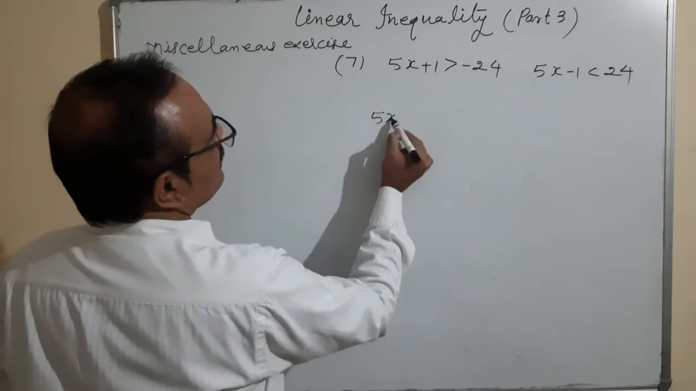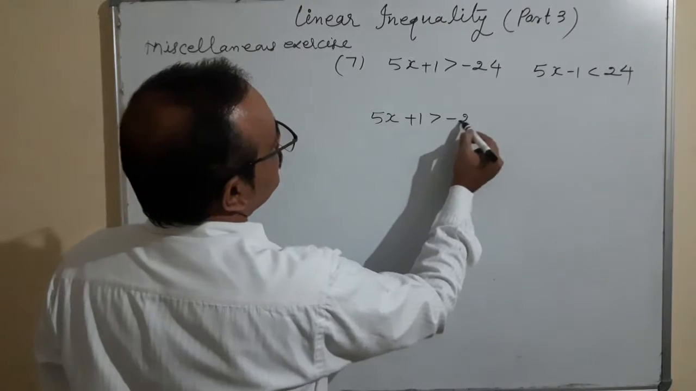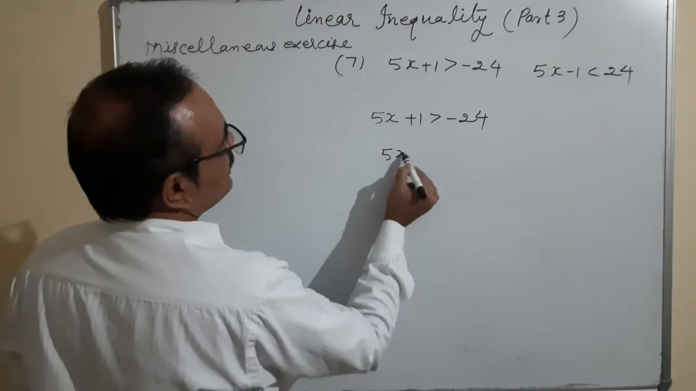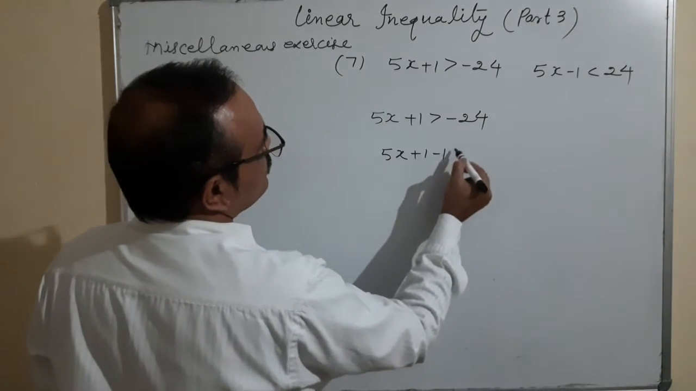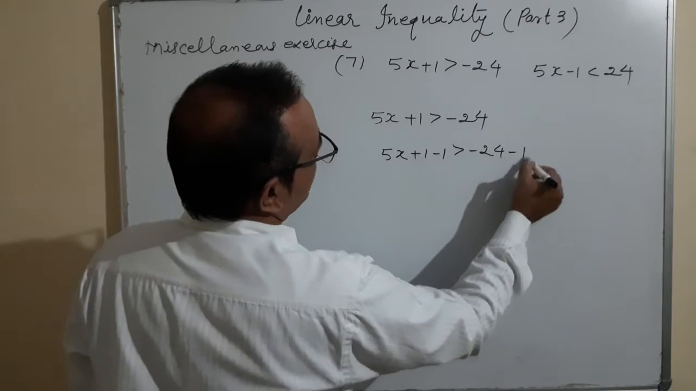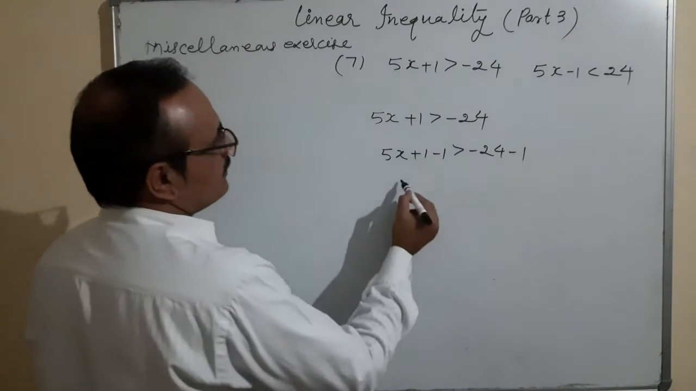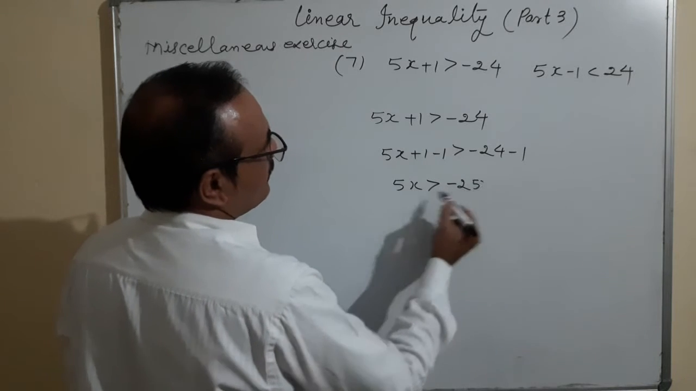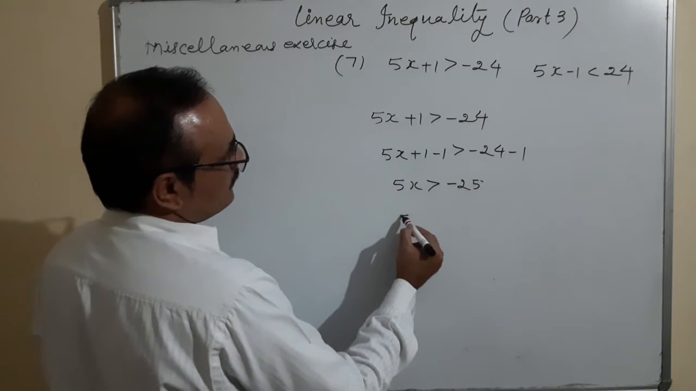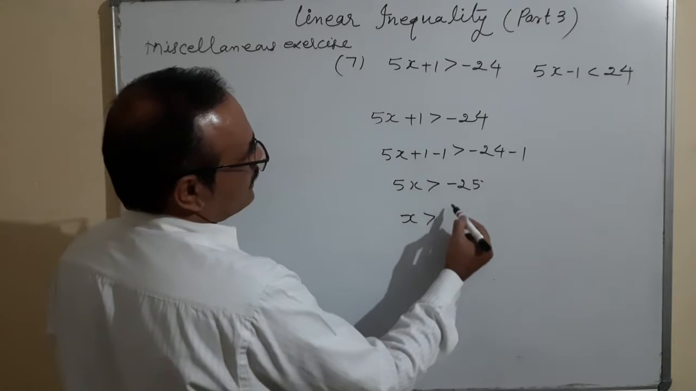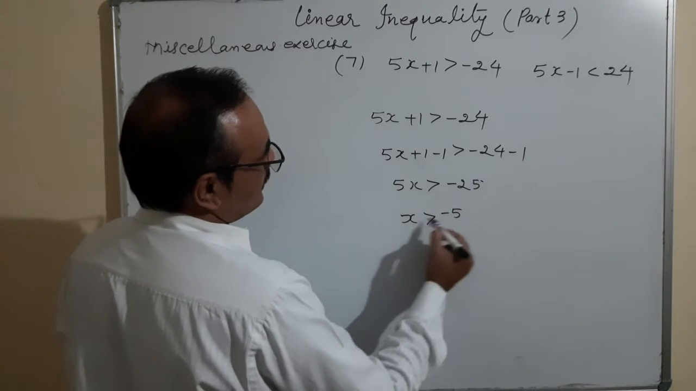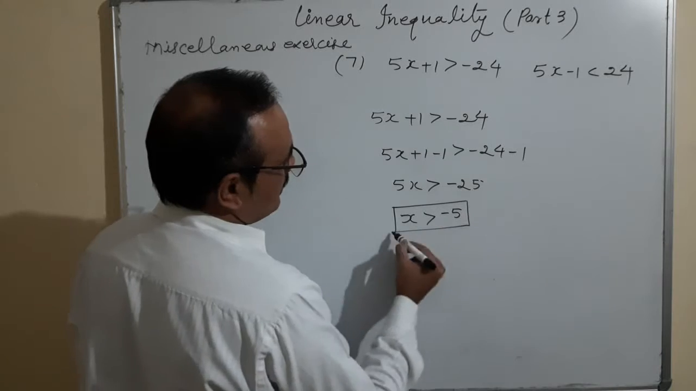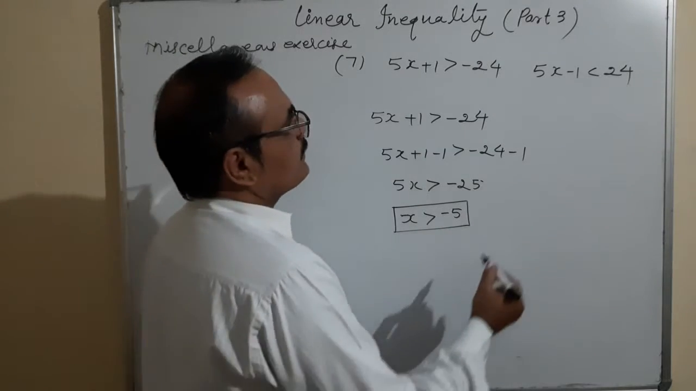5x plus 1 is greater than minus 24. 5x plus 1 minus 1 greater than minus 24 minus 1. Subtract 1 from both sides. So 5x is greater than minus 25. We'll divide by 5. So x is greater than minus 25 upon 5, it is minus 5. x is greater than minus 5, and